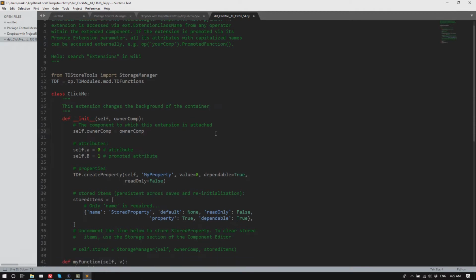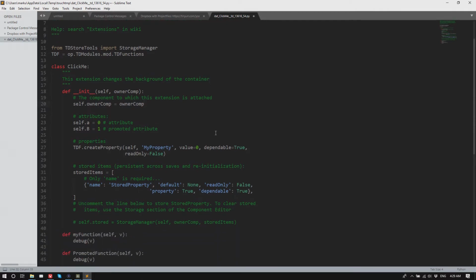And then there's an init function, and these inits are always run when the class is initiated. So a couple variables are being set, like self.ownerComp, which is basically the address inside TouchDesigner of the component that has this class.